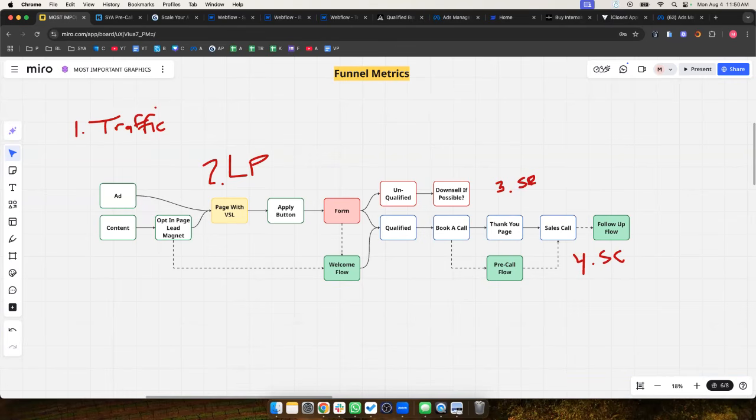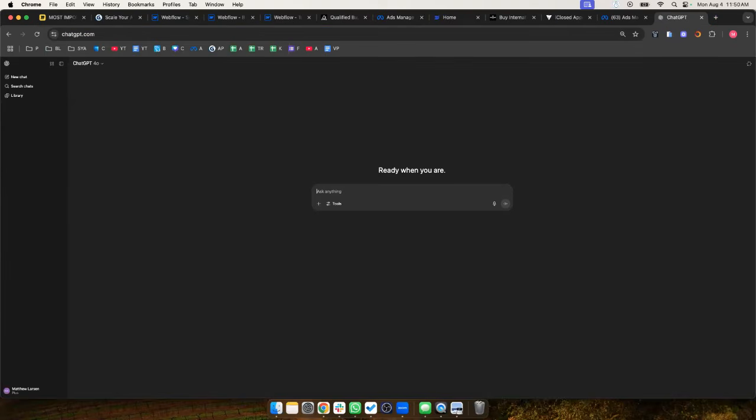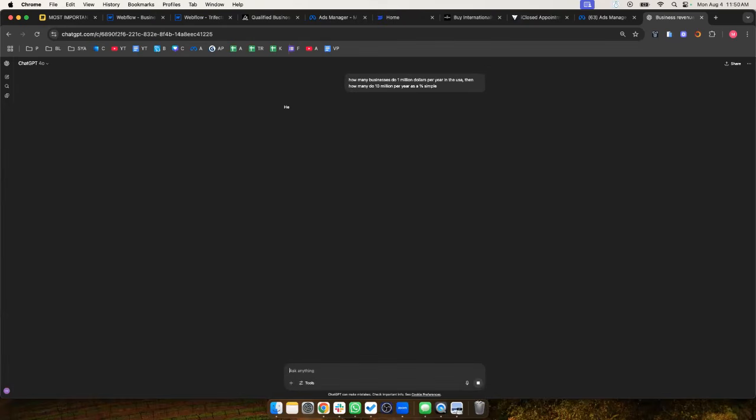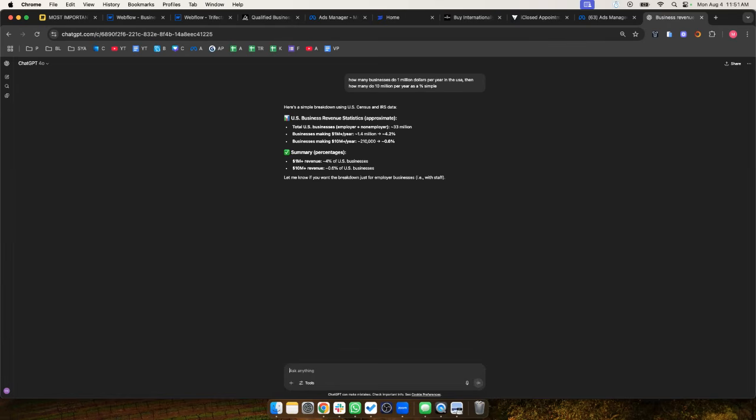If you just look at the Bureau of Labor Statistics, how many businesses do $1 million per year in the USA? And then how many do 10 million per year? As a percentage, simple. So literally 33 million businesses, only 4% of them actually hit $1 million.